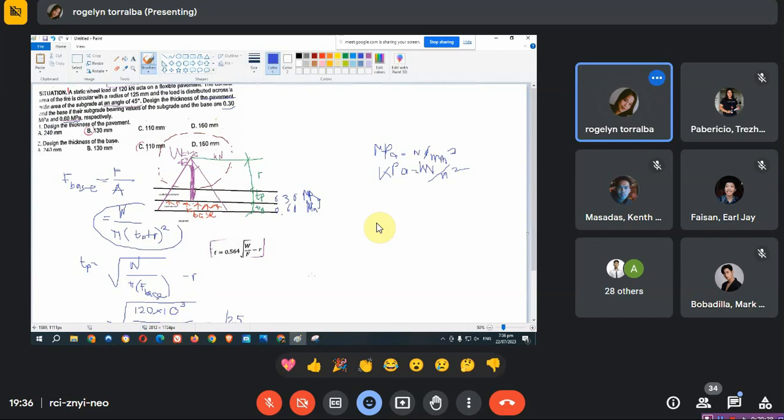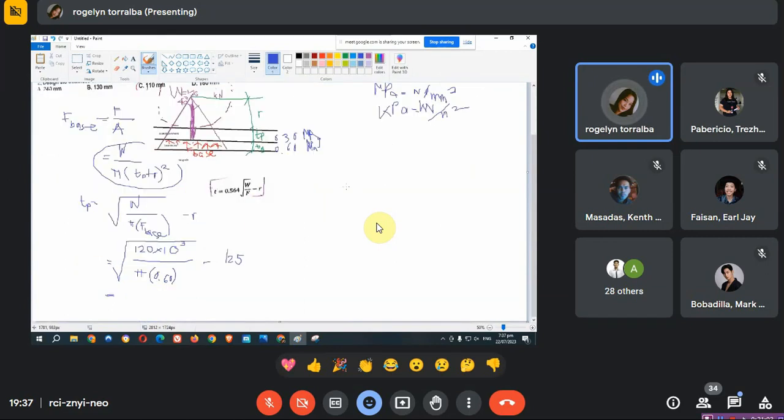That is the reason for this. Mao nang di ba ang iyang hatag nga value is 0.30 and 0.60. Kung ang 0.30 atong gigamit, pag-agi sa 0.60, mo fail ang atong design, di ba? Whereas kung 0.60, pag-agi sa 0.30, okay siya. Pag-agi sa 0.60, okay po siya. So, mao na siya ang explanation behind that. So, ang thickness sa pavement, ang answer ani is 127.31